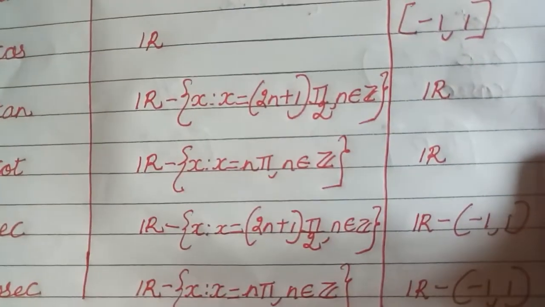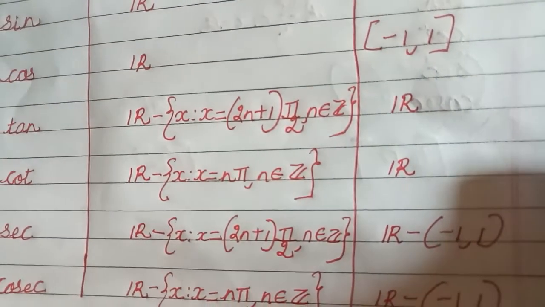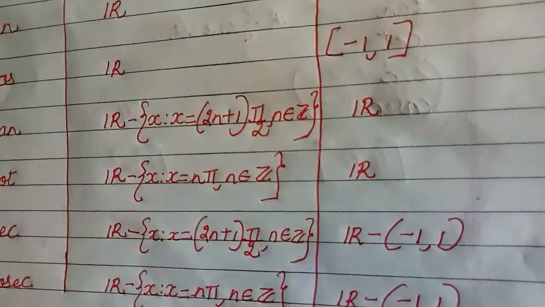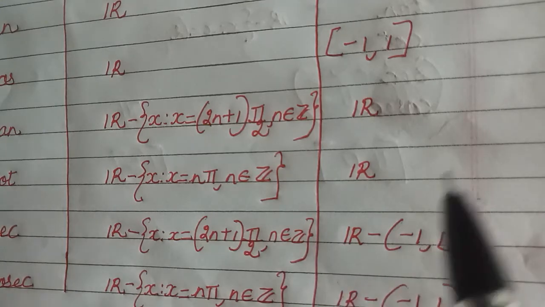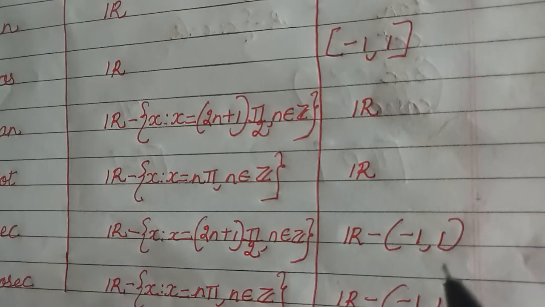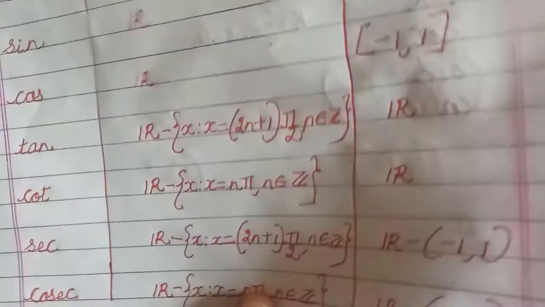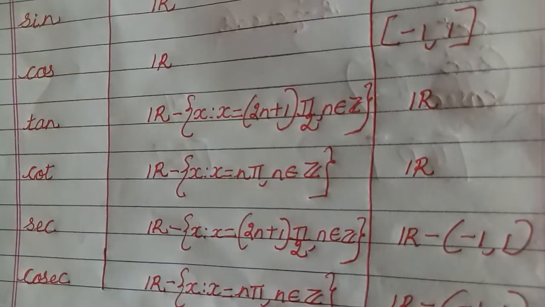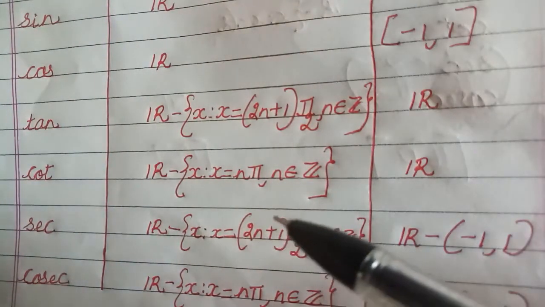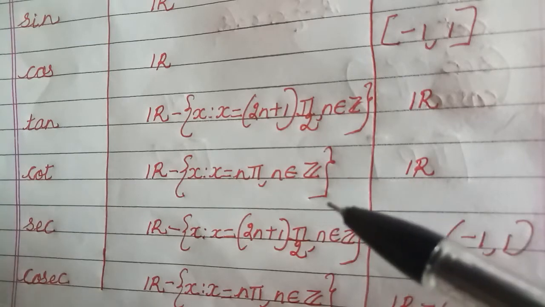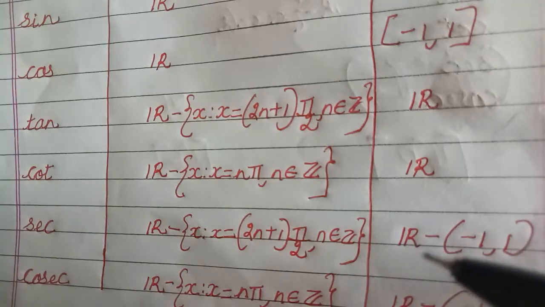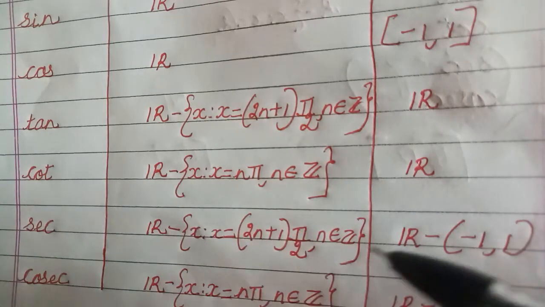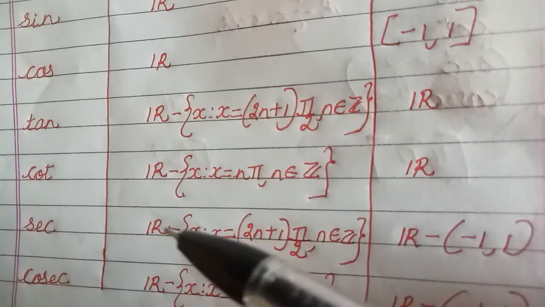So if I look at this, we have defined the sec function with domain R minus the collection of all x such that x equals 2n plus 1 times pi by 2, such that n belongs to integers, and the range happens to be R minus the open interval minus 1 to 1. Again sec is 1 upon cos, and just now I explained in tan that when cos comes in the denominator, for odd multiples of pi by 2 it will become 0 in the denominator. So in order to keep the function well defined, all those problematic points are removed from the real numbers, okay.